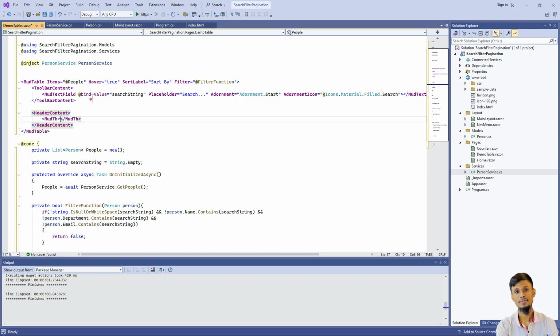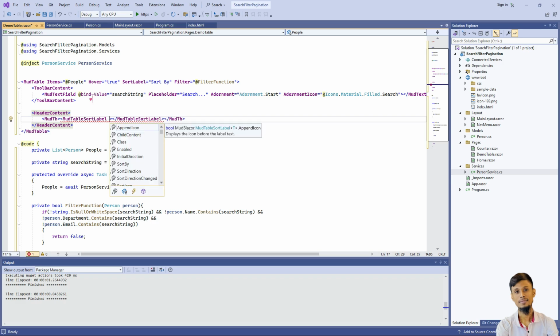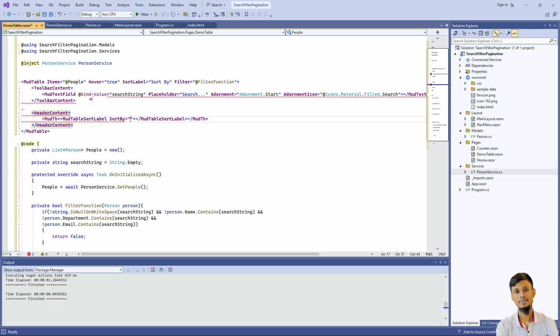So let's take MudTableSortLabel. Inside this MudTableSortLabel, we have to provide sorting functionality. So to do this, we have to use the sort by, and then we will use function